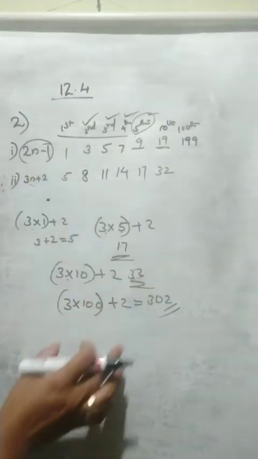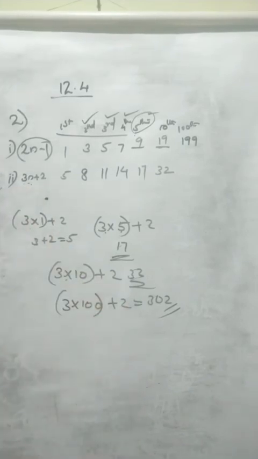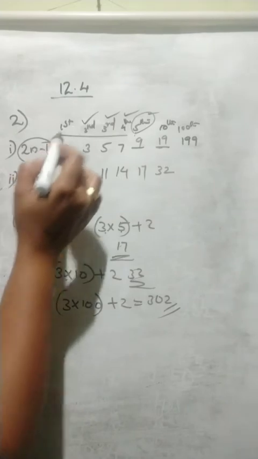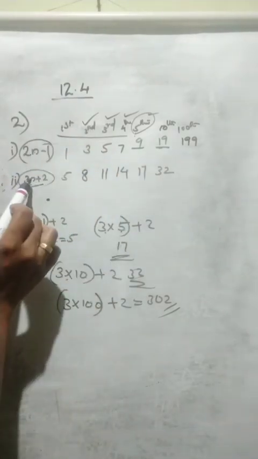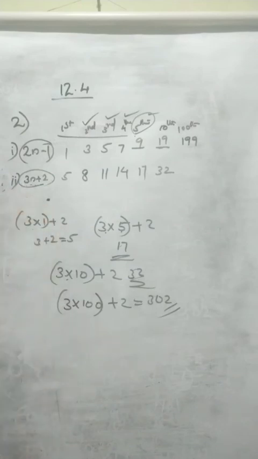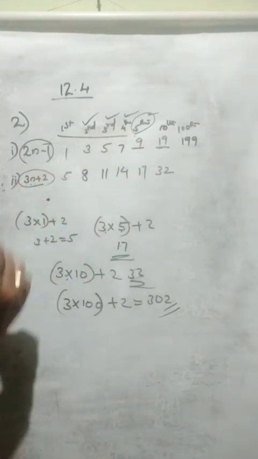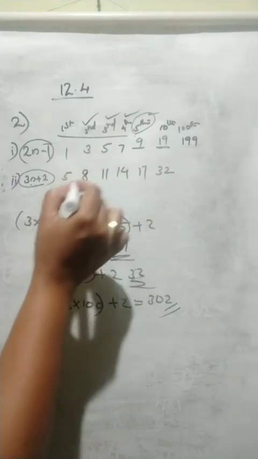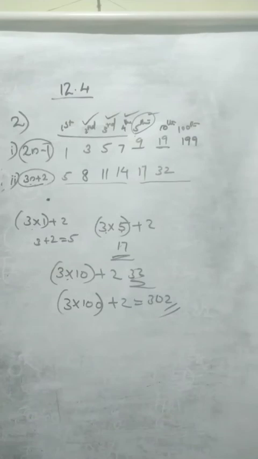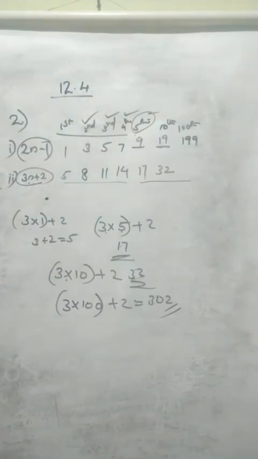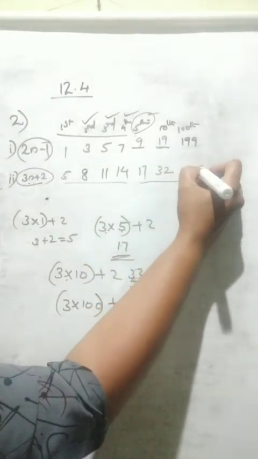Here nothing is given except the algebraic expression. Substitute. Find out when n is equal to 1, what is the value of this expression. When n is equal to 2, what is the value of this given expression. Got it? Then when n is equal to 3, what is the value of this expression. Up to 4 it is given. We have to find out the 5th term, 100th term and 10th term. Okay, here it is 302.